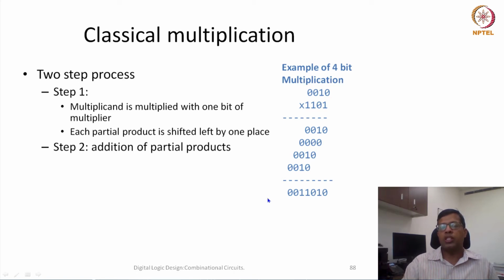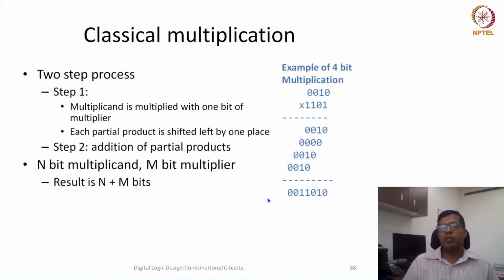Now if we use a simple addition, we also see that the total number of bits in this multiplication process is proven: if the multiplicand is n bit and the multiplier is m bit, the total bits in the sum would be n plus m bits. So n plus m bits are sufficient to represent any result. For example, if my multiplicand is 32 bit and multiplier is 32 bit, the total result would be 64 bit. It will never be more than that.